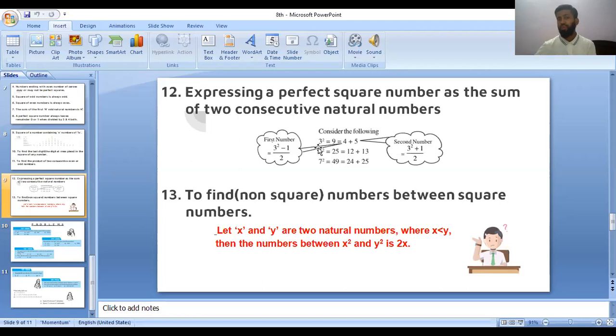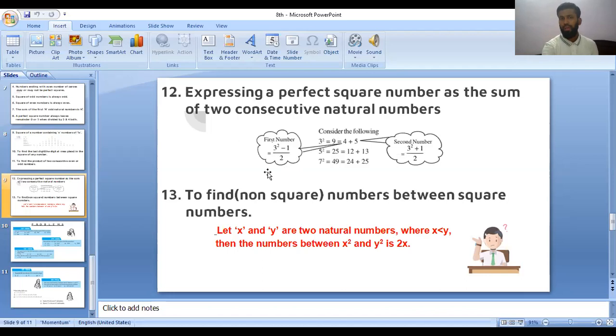अब 3 स्क्वायर 9 होता है, मुझे याद नहीं है, कोई इशू नहीं, मुझे बस ये चेक करना है कि 3 स्क्वायर का जो भी आंसर है, एक पल के लिए हमें नहीं पता कि 3 स्क्वायर 9 होता है, क्योंकि बड़े नंबर भी आ सकते हैं। तो अगर 3 स्क्वायर को मैं कैसे लिखूं दो नंबर का सम, कि दोनों लगातार भी नंबर हो और दोनों का सम 3 स्क्वायर के बराबर हो, मतलब कि 9 के बराबर हो? तो वेरी सिंपल, पहला नंबर होगा 3 स्क्वायर माइनस 1 बाई 2,